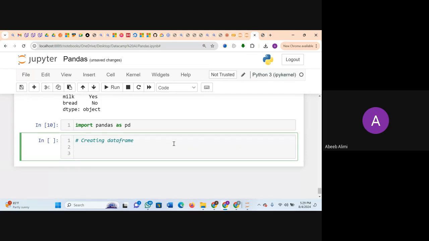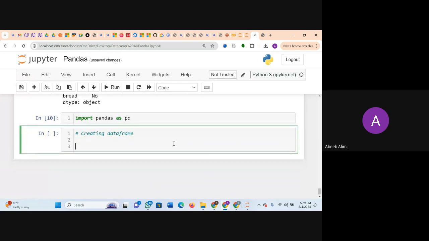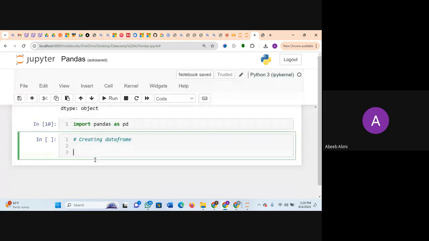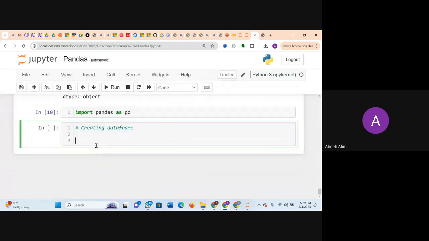To do that, what we'll be doing here is to represent them as a dictionary. When you want to create a data frame, one of the easiest ways is to create it as a dictionary. Remember, in a dictionary there are two objects: we have the keys and values. So I will now come here and say my data set equals, and please, if you have a question, just remember that when we talked about dictionaries, what we use is braces, right? So inside the braces, you have the key and the value.